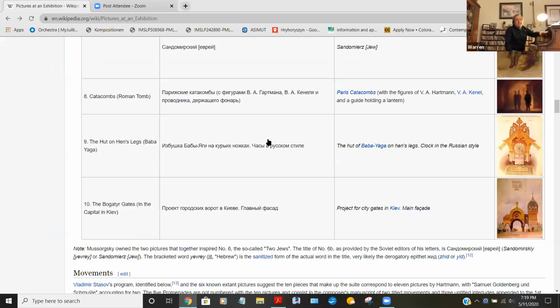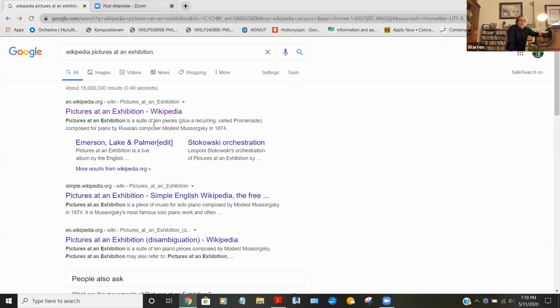Those are the only ones that we have. So we have no idea what picture it was that was being thought of for the old castle. We don't know what was being thought of for the Polish ox cart. The children at play, we don't know what he was thinking of or what picture was being represented. I've seen people try to substitute in some other picture to make up for that while they show the Hartmann ones for the ones that exist. But we really don't know what they were. The one thing we can be really sure of is that the music was a lot better than the pictures, for the ones we know.